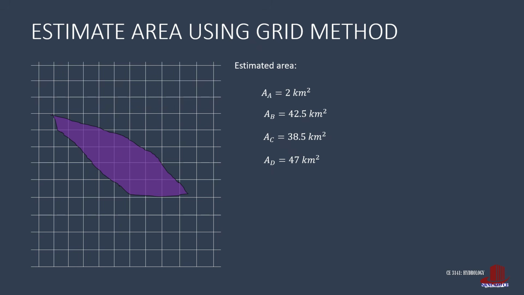Station E is smaller, where we take grids 1 and 2 as combined. 3 is complete. Then again, 4, 5, and 6 are combined. Grids 7 to 9 are complete, and 10 with 11 are combined. Grids 12 to 17 are considered complete, while 18 is combined. The total area for Station E is 18 square kilometers.